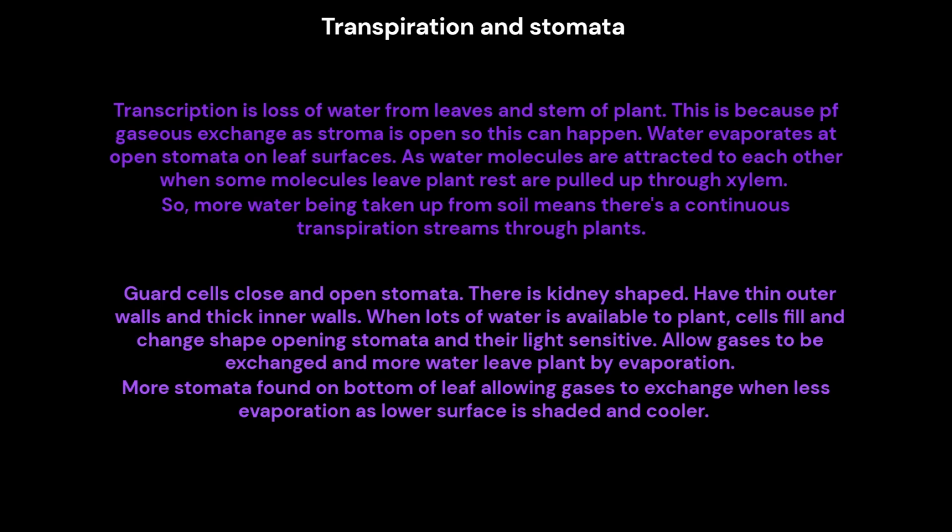Guard cells close and open stomata. They are kidney-shaped and have thin outer walls and thick inner walls. When lots of water is available to the plant, cells fill and change shape, opening stomata, and they're light sensitive. This allows gases to be exchanged and more water to leave the plant by evaporation. More stomata are found on the bottom of the leaf,